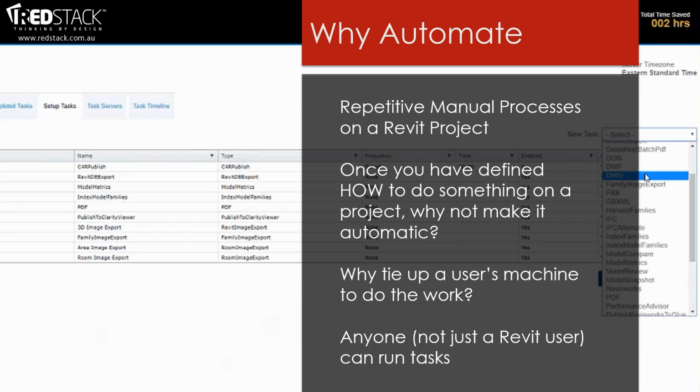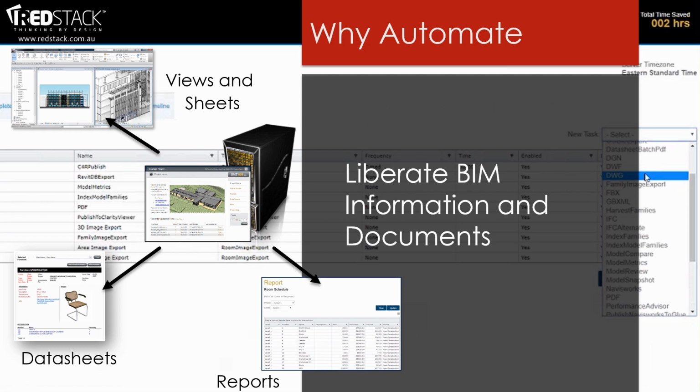What we want to do with Clarity is liberate BIM information and documents to everyone, not just those who use that application, let alone that data set. You know, I'm in MEP, I don't want to touch your model, but I need information from it, and you're too busy for me. So this is where Clarity can step in and produce views and sheets, data sheets, reports,